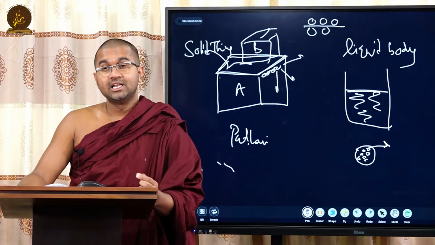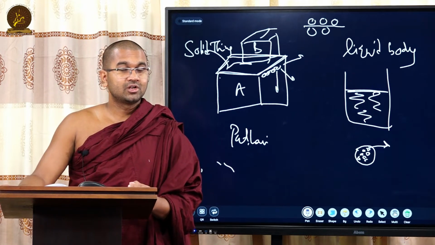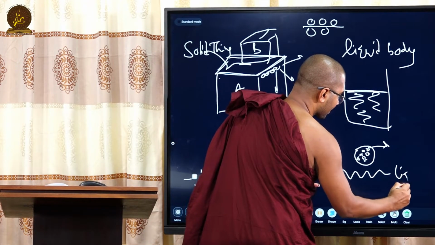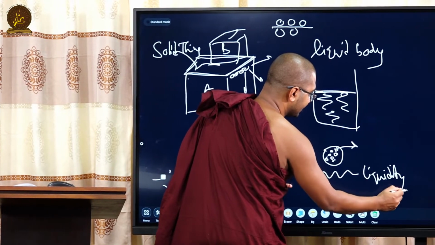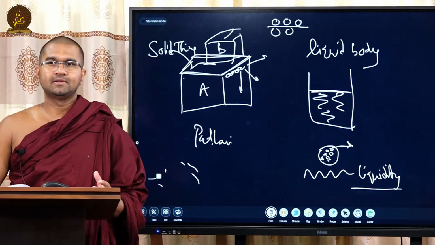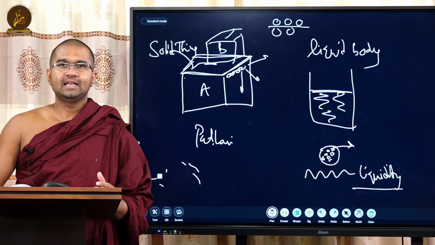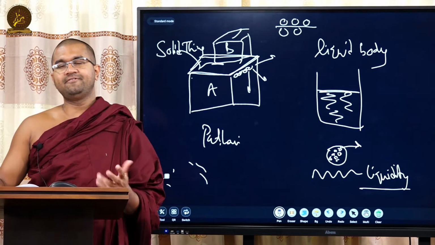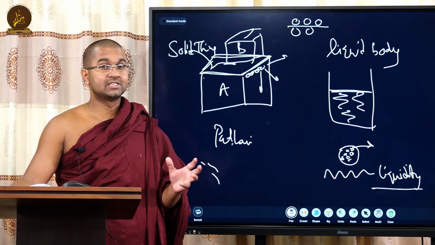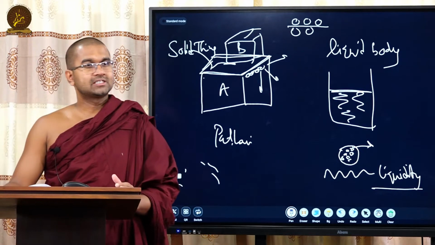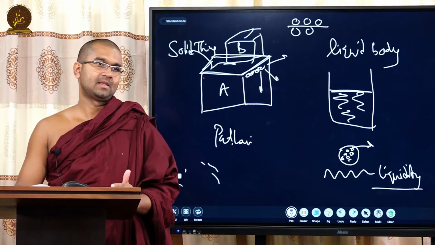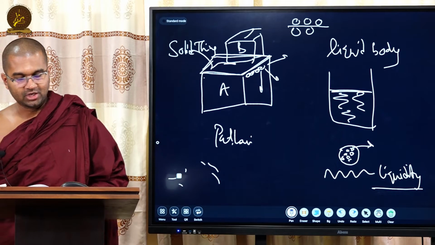Then a question comes: is liquid less apo than a solid? No. Then the next quality of apo is the flowing nature, liquidity. Scientifically, we have a different explanation for this. But liquidity is a quality that can be felt with our mind. Liquidity is a quality that really exists, and it manifests. So this liquidity is found in liquids more than in solids. So the Buddha's main aim of naming something apo is its flowing nature, oozing nature.